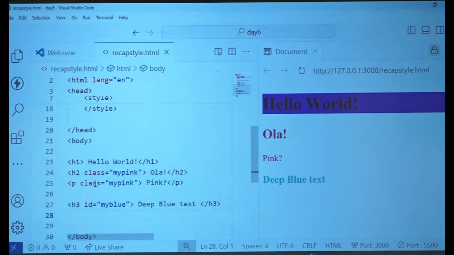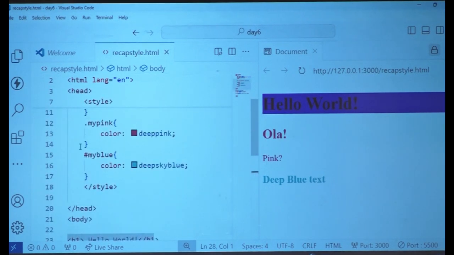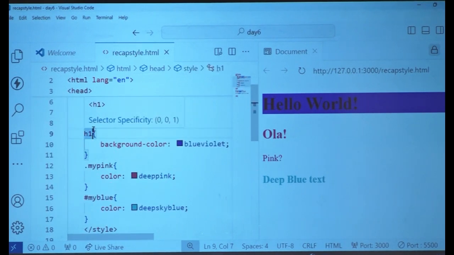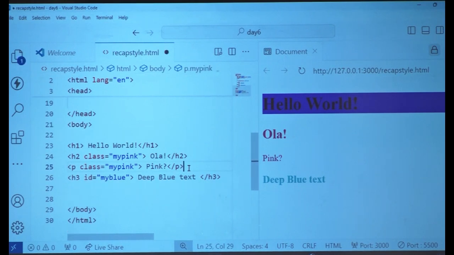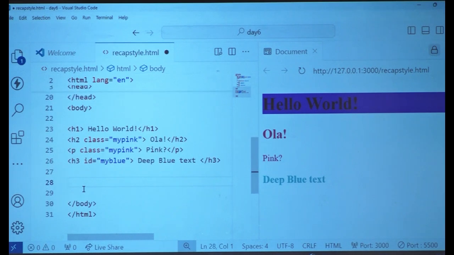Now can I group a few things together? Yes, I can just put a h3, h4 or h1, h6 and I get done. That is a grouping of selectors, right? Next is what? We have class selectors and all these done. Now let me try to show you one more thing, which is